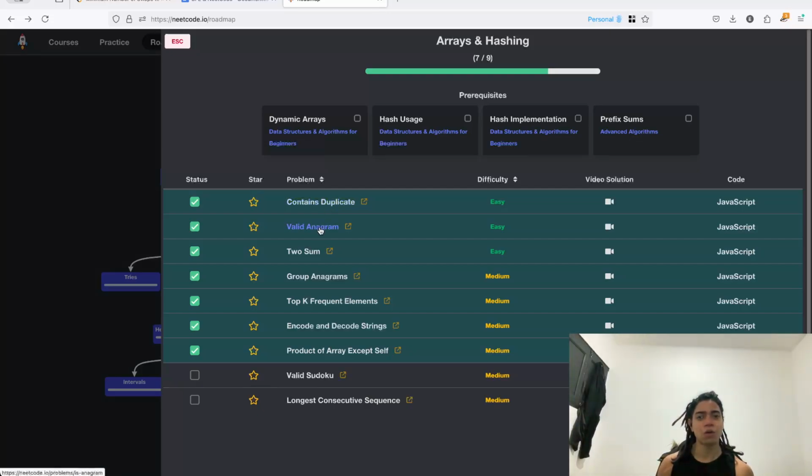Then we look at Valid Anagram, which is to see how you can work not only with a hash, not only with collections of strings, but also with collections of characters. And to validate this anagram, we need to transform from one data structure to another, in this case from a string to an array in the case of JavaScript, given the JavaScript feature